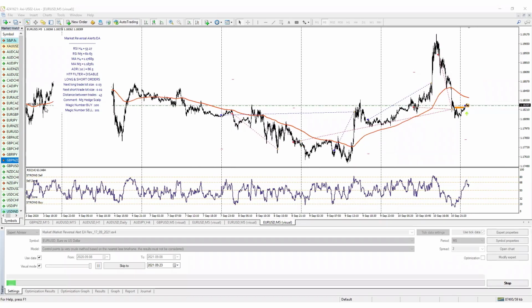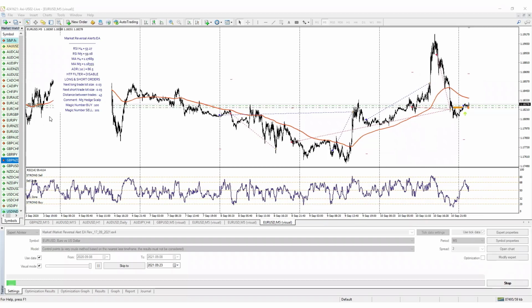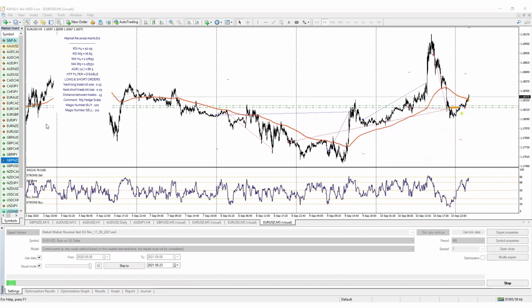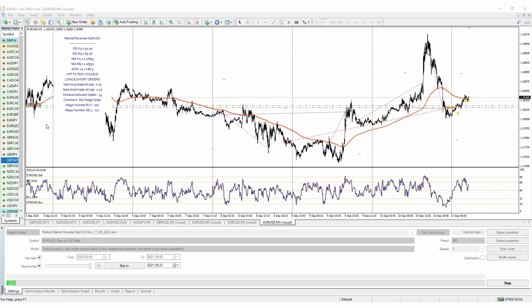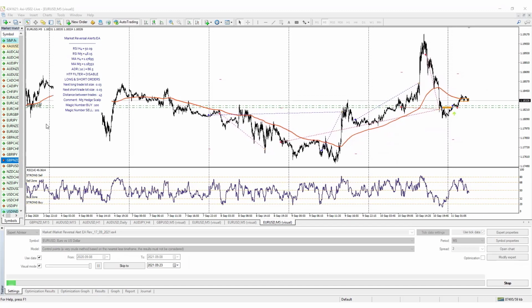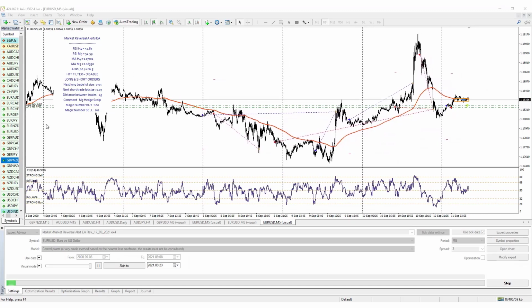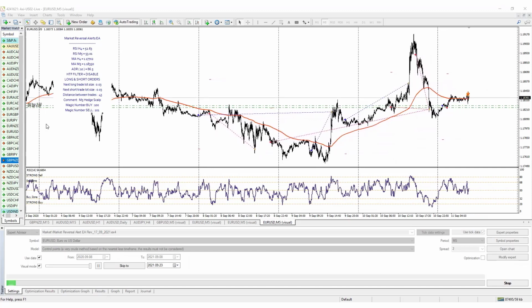You're always in the market. You're always either long or short or both. And it doesn't matter which way the market moves. All we're doing is waiting for the market to correct itself, and we're profiting when the market correction occurs. So this particular set file